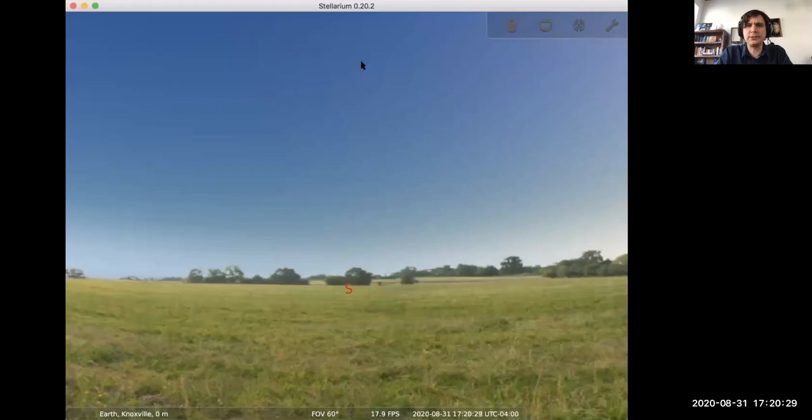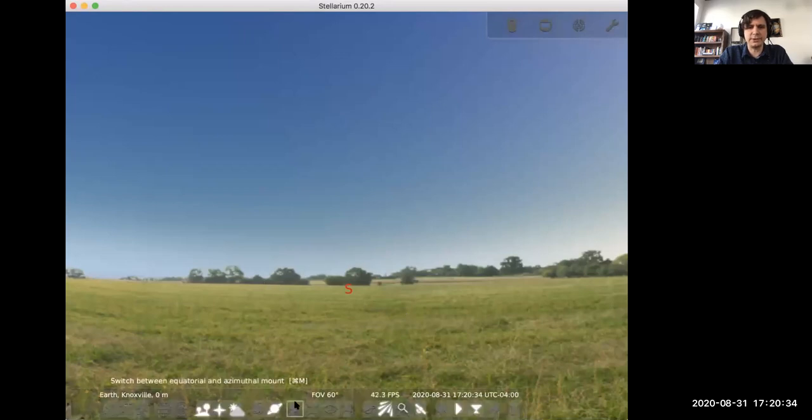It's a free software if you're using the web version, the PC version, the Mac version, or the Linux version. There is an app version, but I believe they charge a little bit for that. But otherwise, it's a free software, extraordinarily powerful at simulating the night sky over a large range of times and everywhere on Earth, and even from different perspectives in the solar system if you want to push it that far. We won't be going that deep into it today, but I do want to introduce you to the program, and I would like to show you how we can use it to get a better view of the horizontal coordinate